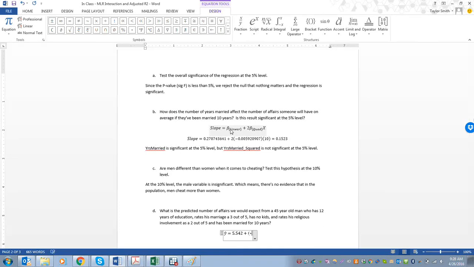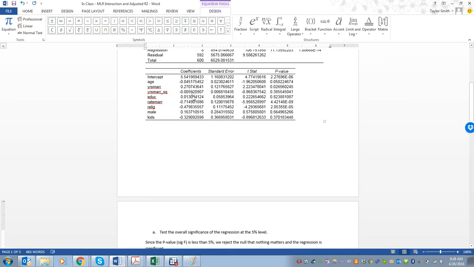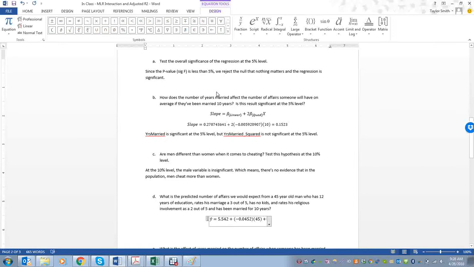So negative 0.0452 times the person's age, and they're 45, plus he has 12 years education. So let's go here and look at the education. Education is 0.013. So 0.013 times 12 years education,